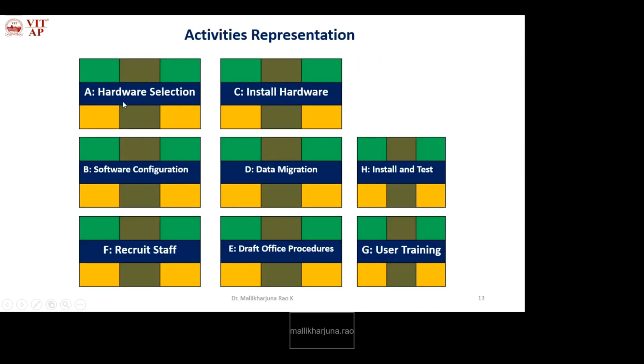We'll see there are the various activities A, B, F. These are the start activities because these are not having any precedents. C starts after A, D starts after B, E starts after B. Okay, G starts after E and F, H starts after C and D. So we need to establish the links between all these activities.